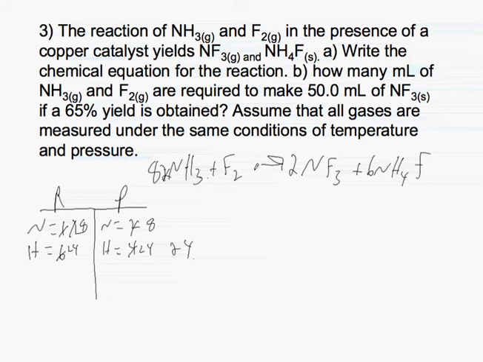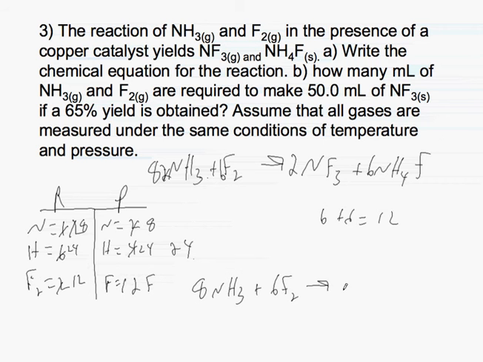Now let's look at my fluorine. On the reactant side, I have 2 fluorine. On the product side, I have 2 times 3 is 6, plus 6, equals a total of 12. So I need to put a 6 on the reactant side, which gives me 12. So there are a total of 12 fluorines on the reactant side, and fluorine over here is equal to 12 fluorines. So the equation would be 8 NH3 plus 6 F2 goes to 2 NF3 plus 6